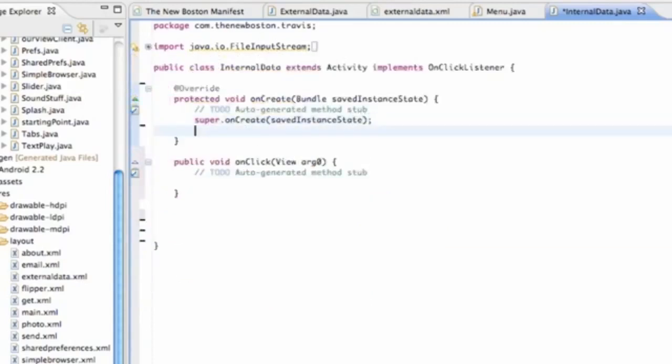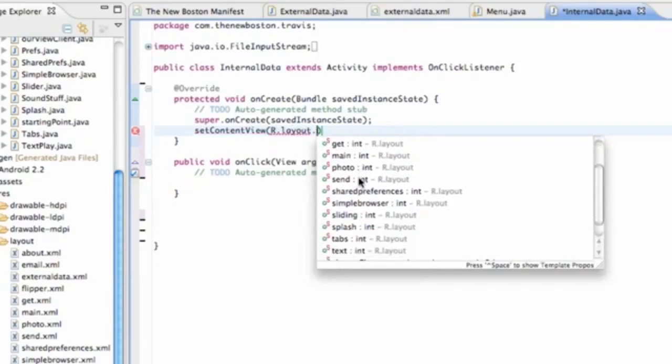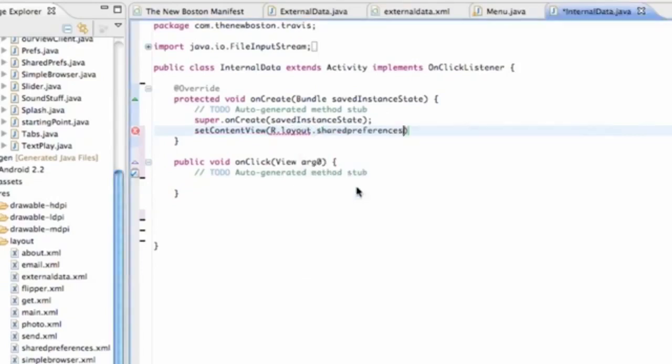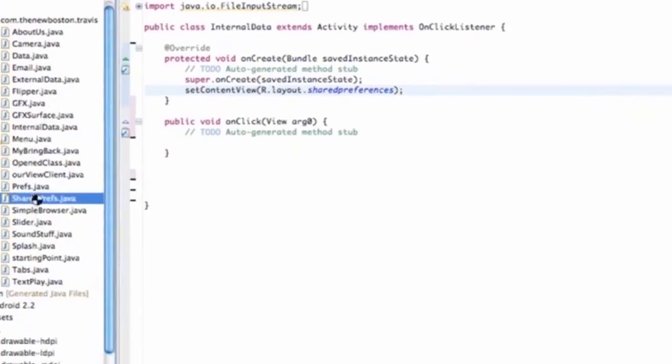So within our onCreate method, we're going to set our content view to R.layout.sharedpreferences. It's going to be the same layout, same kind of stuff that we worked with when we did shared preferences. So now we can open up our shared preferences class,